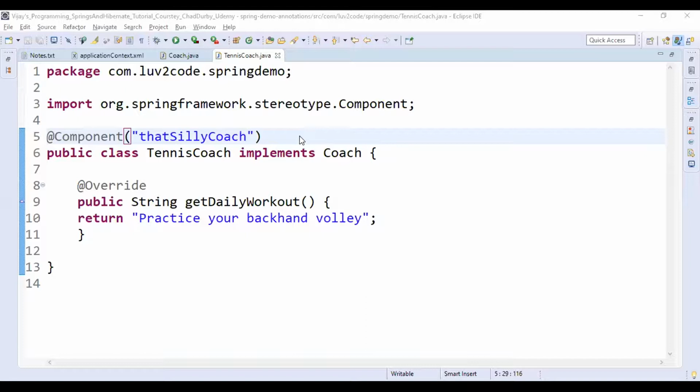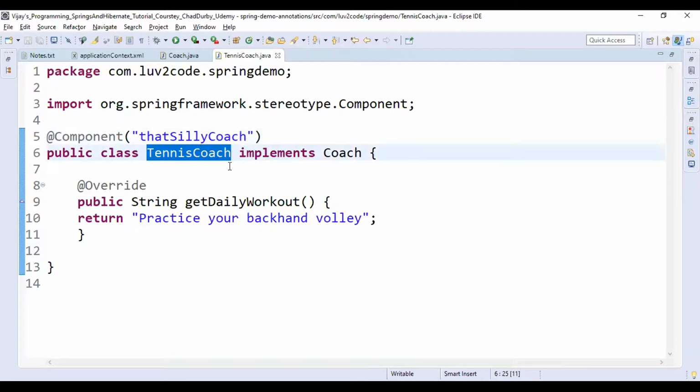Then it will be identifying that silly coach that is on top of the class, that is Tennis Coach.